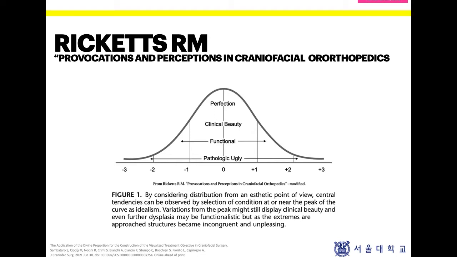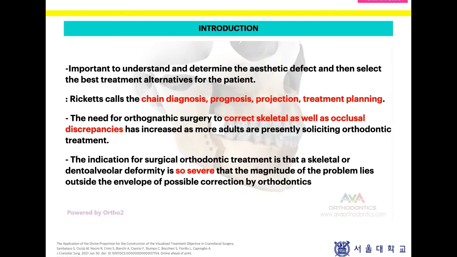Considering the statistic, the peak of the curve at 0 corresponds to perfection. Everything that is distributed beyond the second standard deviation is perceived by the human eye as unpleasant. Actually, the face contains a basic order called golden cut, golden section, or divine proportion, and it is perceived by the limbic system. It is important to understand and determine the aesthetic defect and then select the best treatment alternative